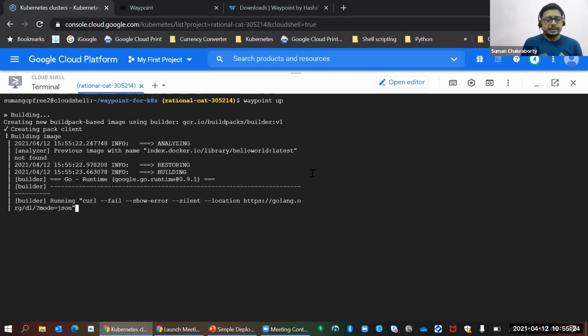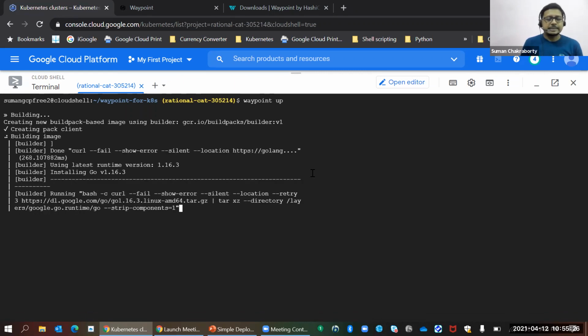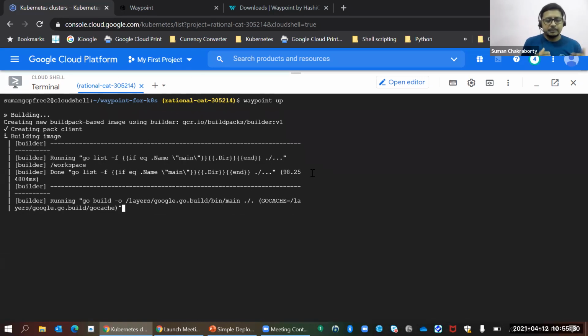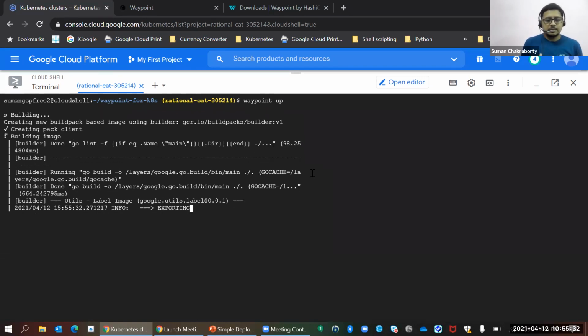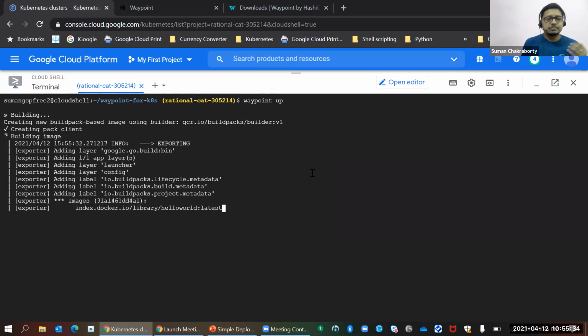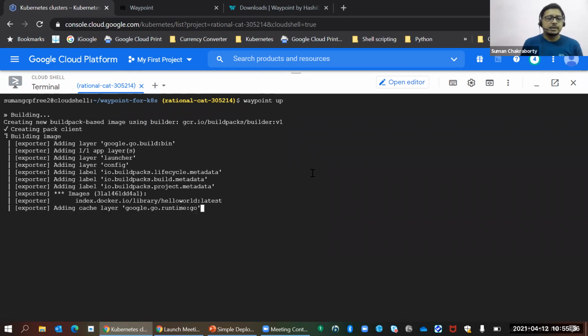So yeah, it's running the detecting, analyzing, and build phases, and once it is ready, it would push it into the remote registry, which in my case is the Docker registry.